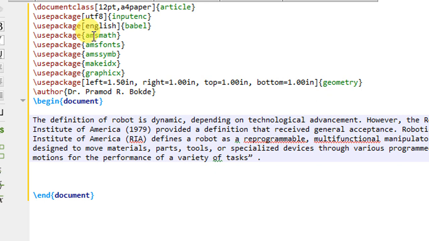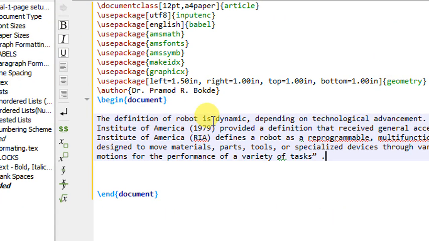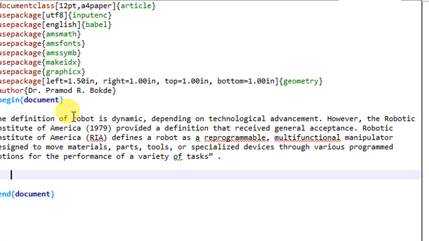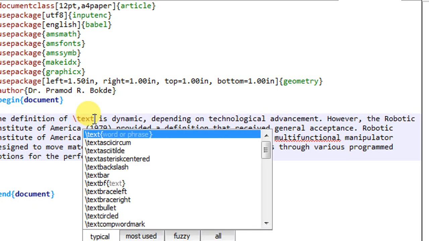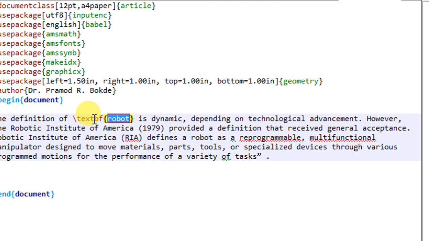Now friends, suppose in this text you want some characters or some line to be made bold. Suppose I want this word, robot, to be made bold. I have to select that text first and then write the command \textbf and press enter.